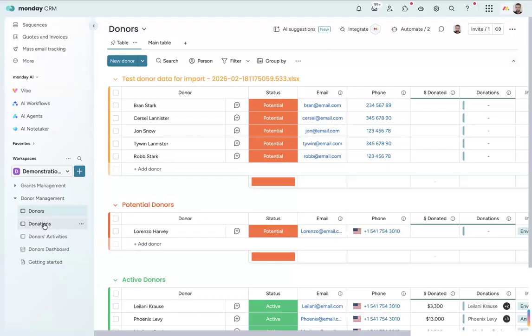We don't want multiple entries of the same person. And then to add that information into the donations board. And that way, what you'll see next week is we can add a match automation so that as soon as a donation arrives, it can automatically look to see if that person has given before and they exist in the donors board and make the connection for you.